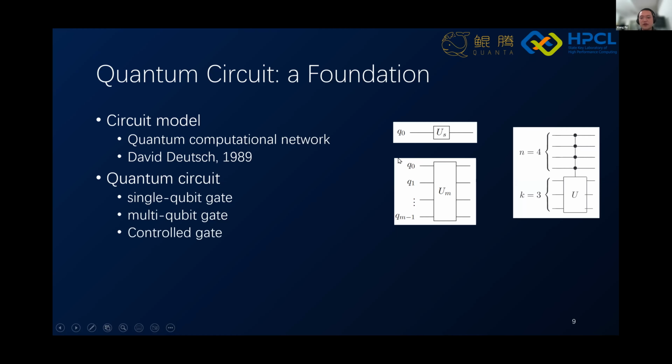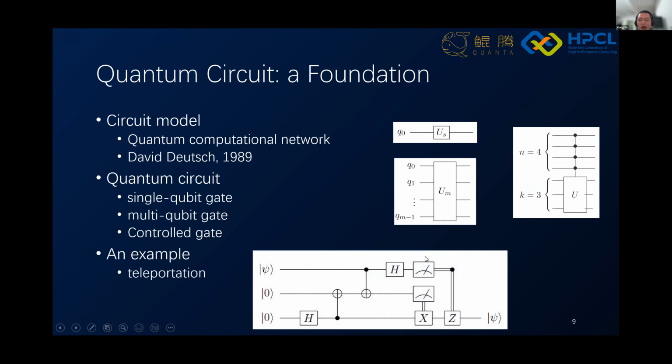We also have controlled gates, where we apply a gate on some qubits based on the state of other qubits. Here I show a circuit for teleportation, a combination of multiple gates: Hadamard, CNOT, Hadamard, and the measurement with controlled X and Z.